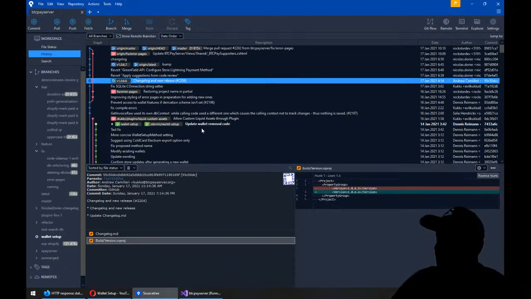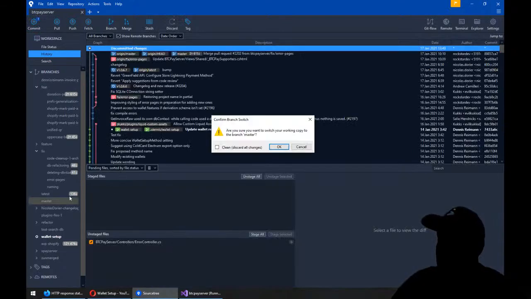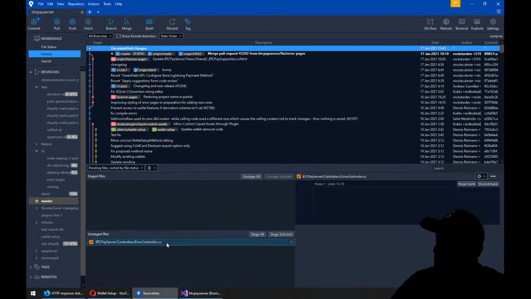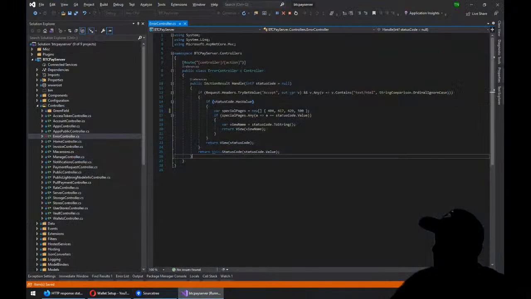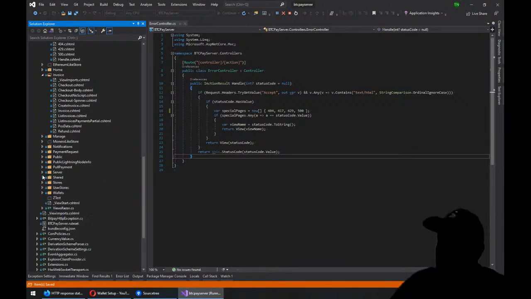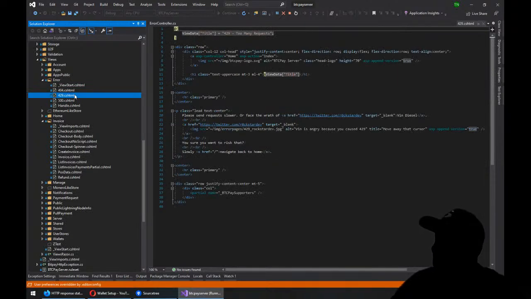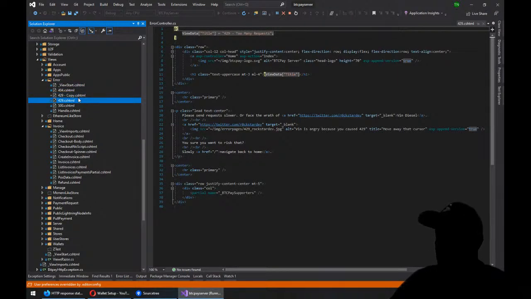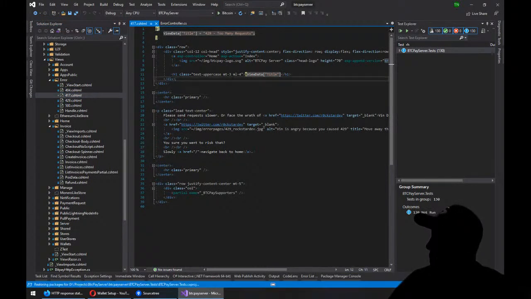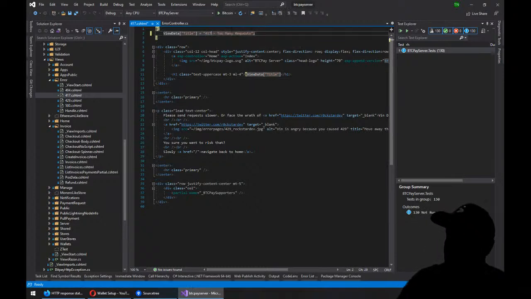Just make sure where we're at. We're on wallet setup. Yeah, we don't want to be there. We want to be on master. Switch to master. And yeah, we work from there. So we want to say 417 when you need to navigate to pages like views, controller name, and then inside of that should be the error page, and we'll clone me, of course. We'll stop the debugging, and we'll say we want a page for 417, and we want a different title,